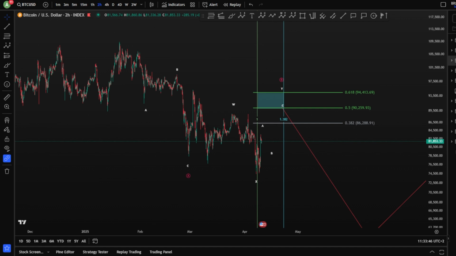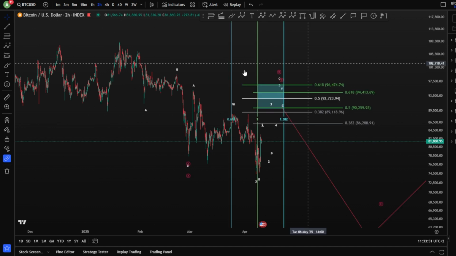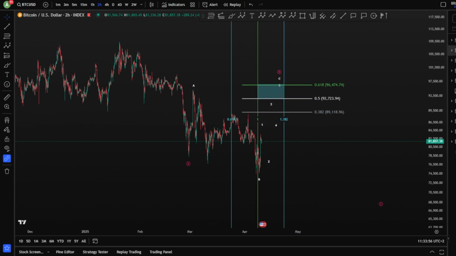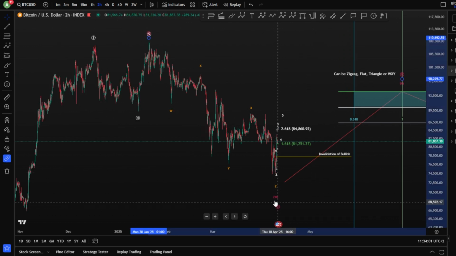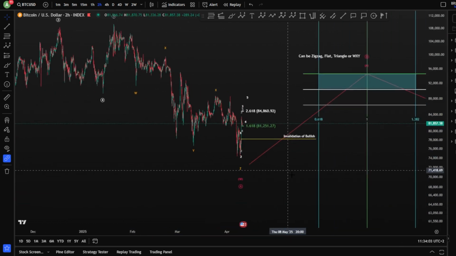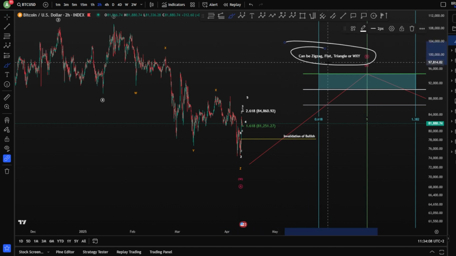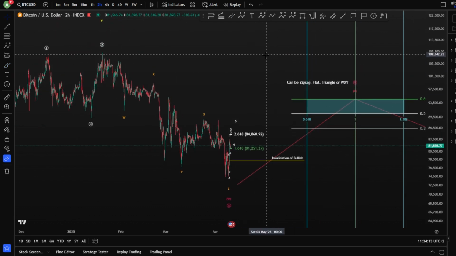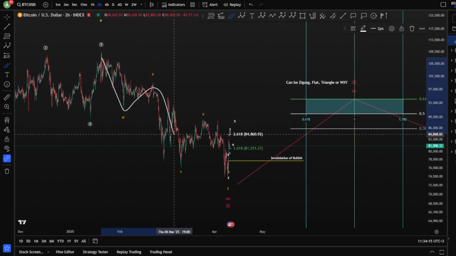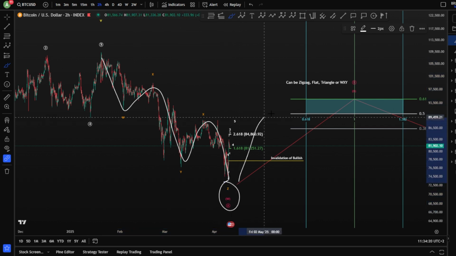I like to keep even different targets here for each possibility, which are very close, of course, in confluence. We can see it very nicely here. So in the W, X, Y, X, and a Z, where you have finished a wave A here, you are looking for something else. This scenario can be anything, can be a zigzag, can be a flat, can be a triangle, or a W, X, and a Y, a much more complex structure. And that means once you finish W, X, Y, X, Z, you have finished a W or an A here, you are looking for a B.